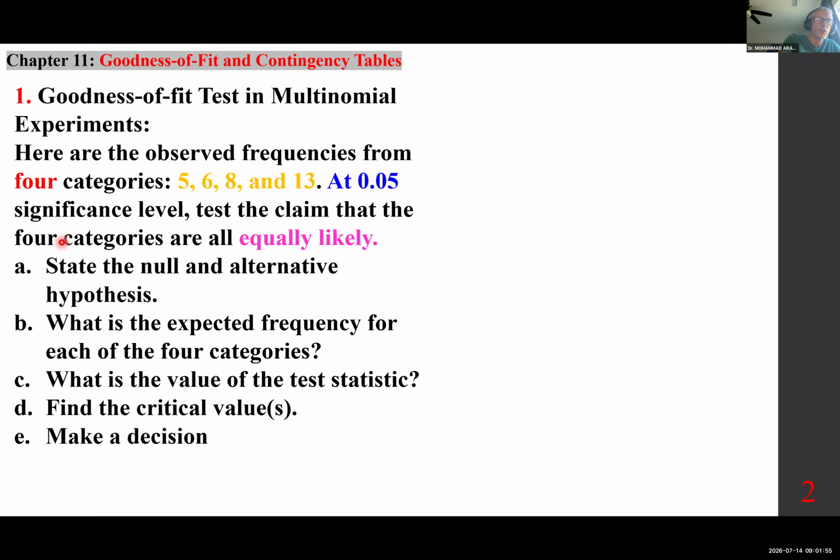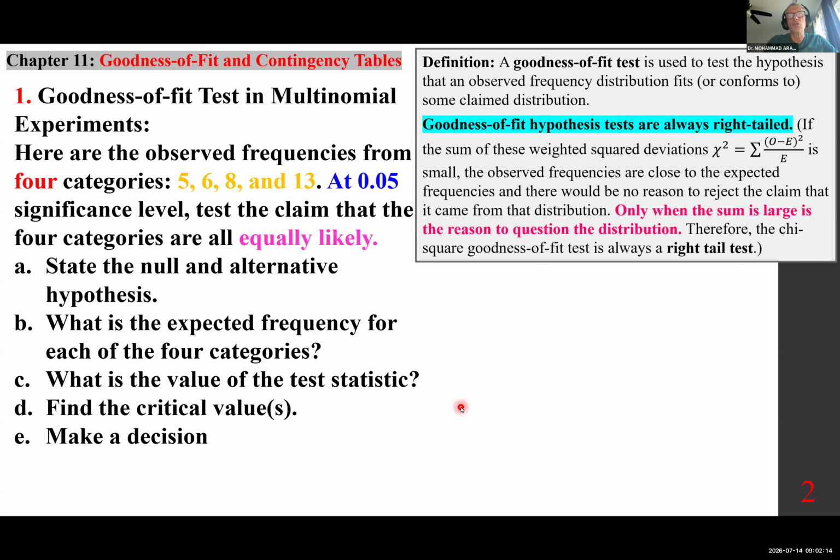Here's the test of hypothesis, different steps. State the null and alternative hypothesis. What is the expected frequency for each of the 4 categories? What is the value of the test statistics? Find the critical values, make a decision. So let's look at a couple of definitions, starting with